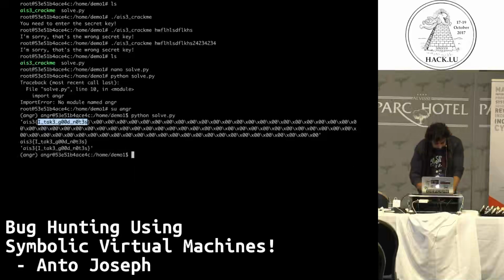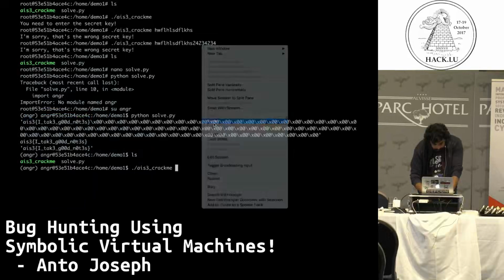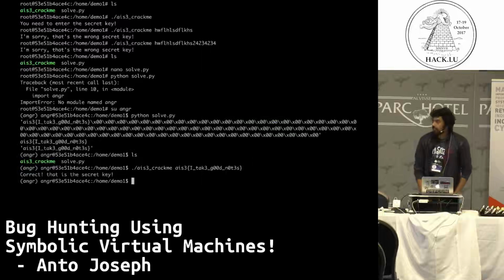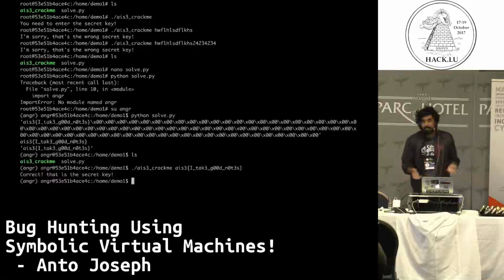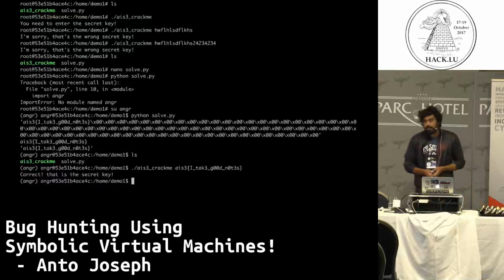Just to verify, I'll run this key through. That's the secret key. So did I do anything? Again, I just know the offset where I need to be. You just ask angr, and it does the hard work for you. So I highly recommend this tool.